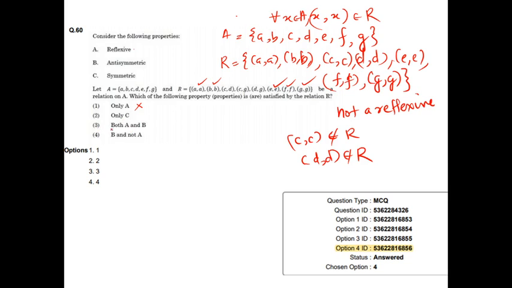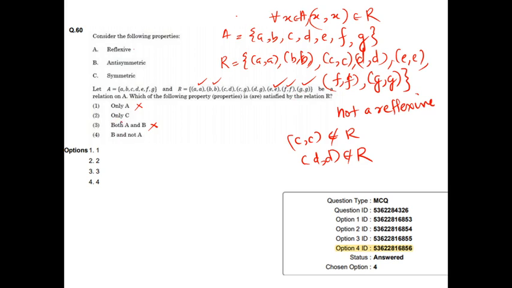In the third choice, it is given as both A and B. It is not actually A, so there is no sense in saying both A and B. So we can eliminate these two. Now we will check the second option and the fourth option. I hope all of you understood.